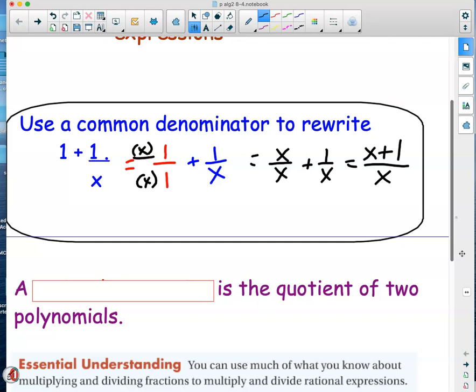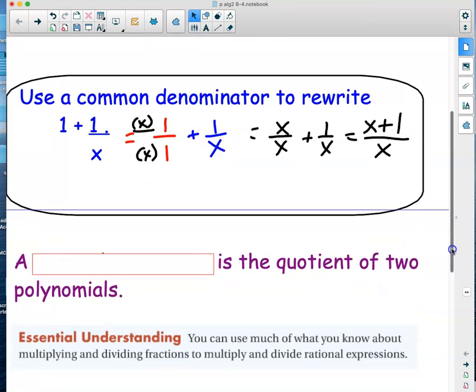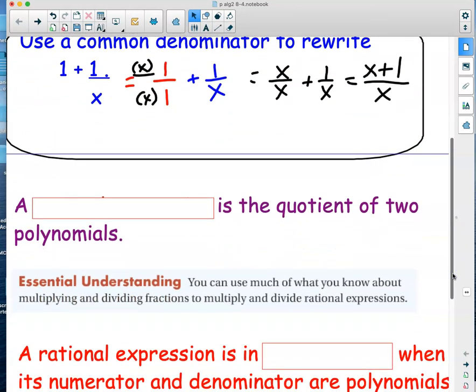Now, here's what we don't do. At the end of this, we don't go, oh, wait, there's an x on the top and the bottom. I can cancel those. No, you can't do that. You can't cancel these x's. I've mentioned it 20 times in first and second semester already. Canceling is a form of division. To use division, you have to see pure multiplication. This has addition. We can't cancel that out. You need to see multiplication in order to cancel. And that's really what we're going to do today. We're going to be tearing things apart, making them look like multiplication to see if we can do some canceling,